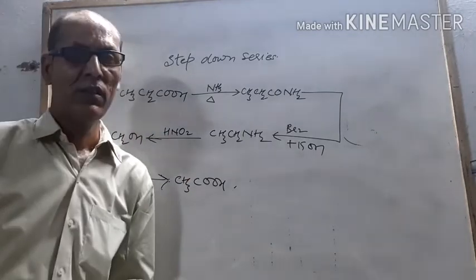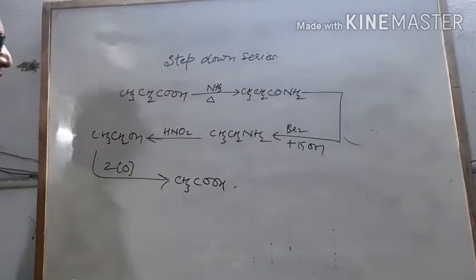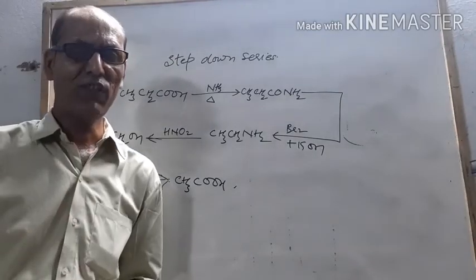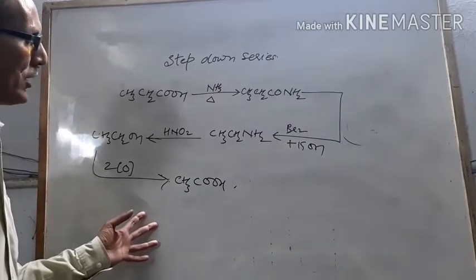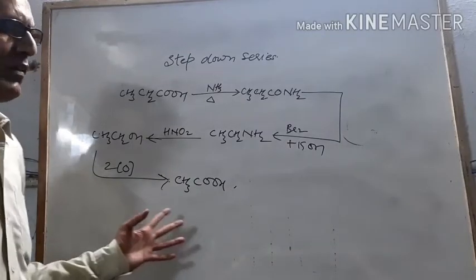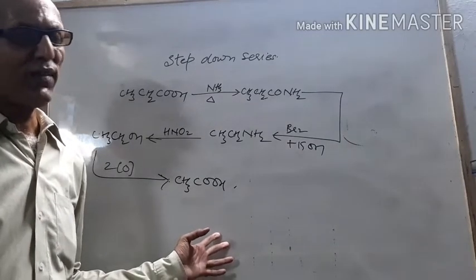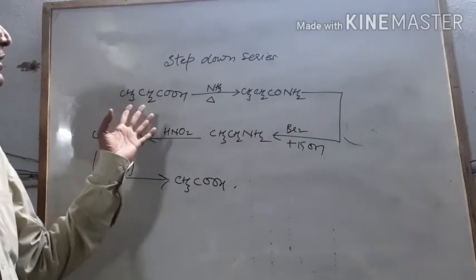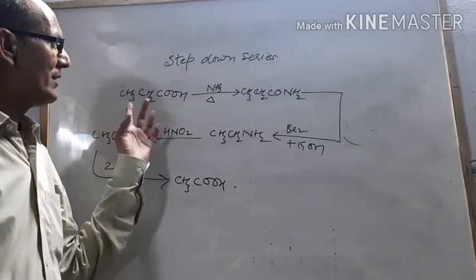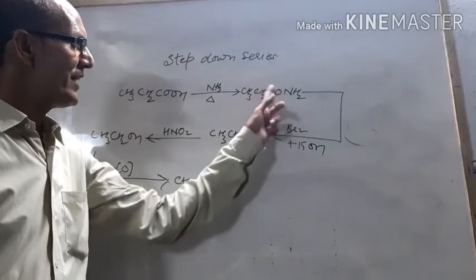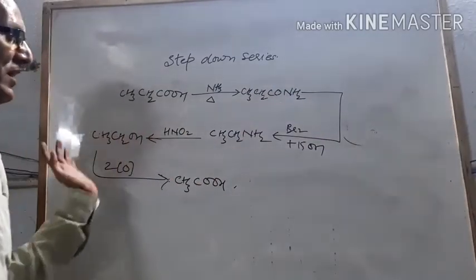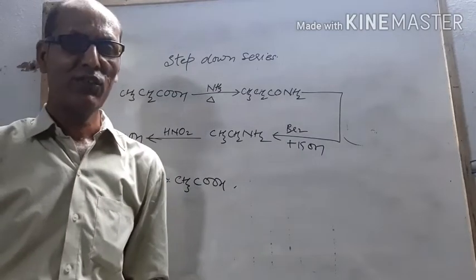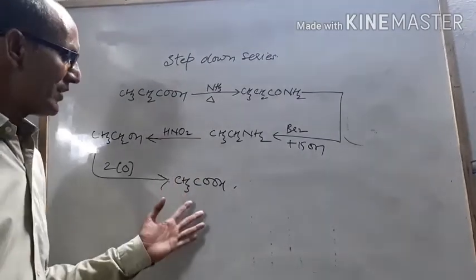So I think you can understand both types of series, increasing the number of carbons in organic compounds and decreasing the number of carbons in organic compounds. This will be helpful in many competitions where you will see that something is written as capital A, what is the meaning of A, then B, then C. If you know the series, then you can identify the final product easily.